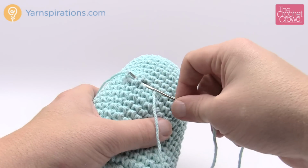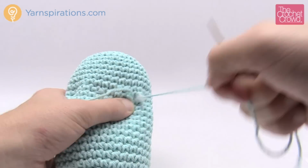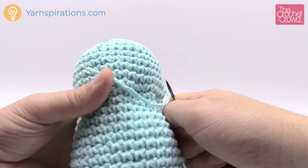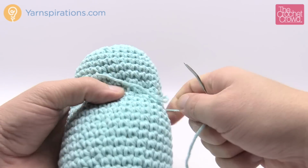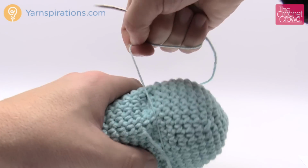So once you're satisfied with that, you just tug on it and it will pull everything nice and tight in. So just use your hands and pull it tight. Okay, and this will create the neck area. And what I did for the small one is that I just went around with the string